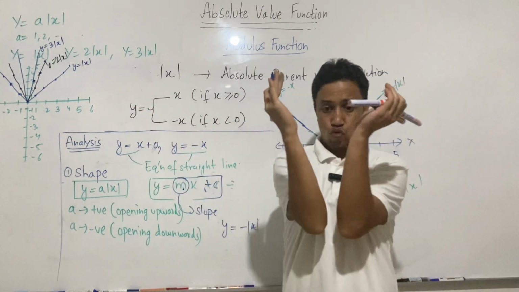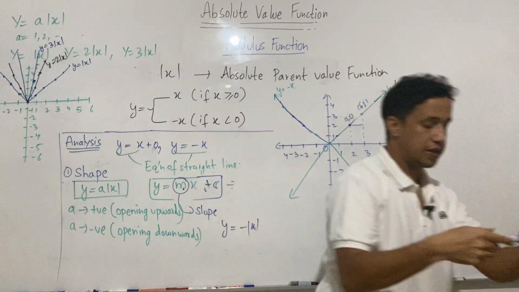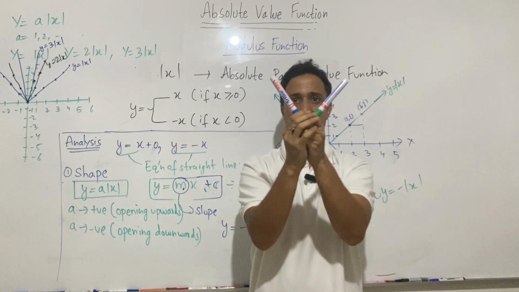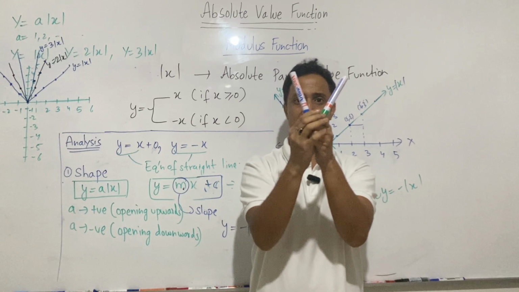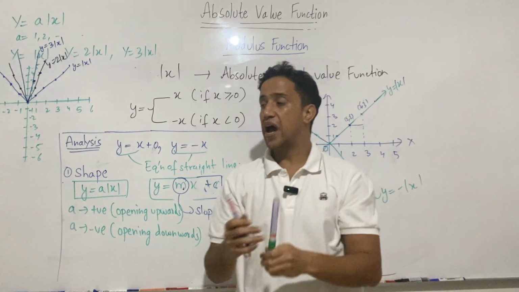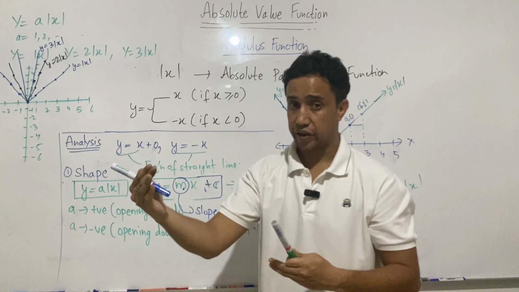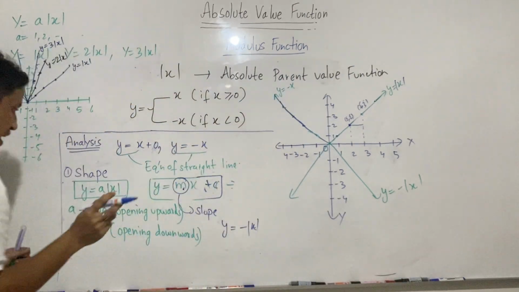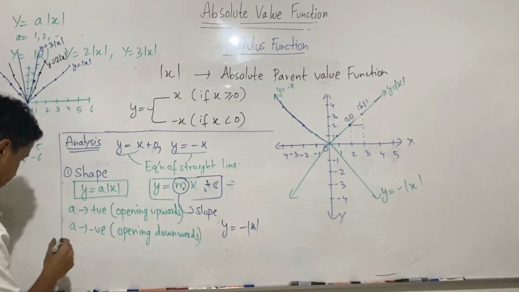So 3 times 2, see here, this was for modulus function x, 2 times modulus function x, so it will get more narrow, okay. So 3 times it will get more compressed. So as the value of a increases, okay, what happened? As the value of a increases, you can write here,